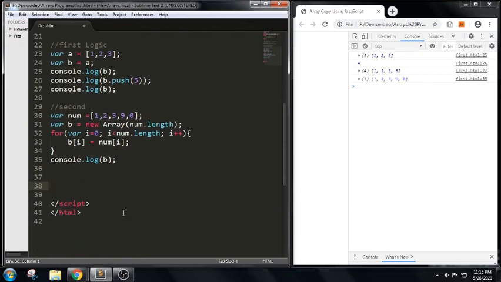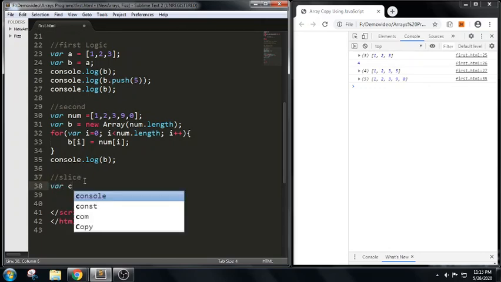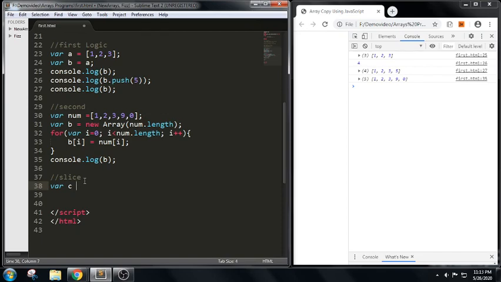So this is how we have done the second logic. First we have done assigning the values. Next we are using a for loop in order to iterate the list of values, and we are passing using the reference index values. Now we are trying to use a slice method here. Using slice, as we have discussed, slice will have two arguments. First argument will tell where we need to start, second argument will tell where we need to end. That is, it will not include the end value, except that value it will copy all the values.